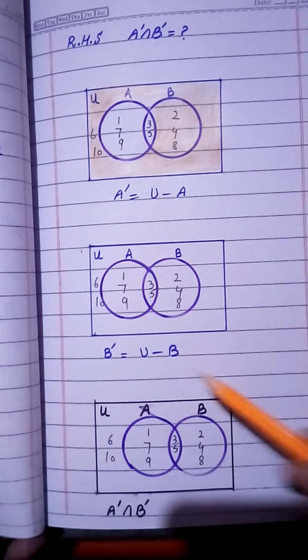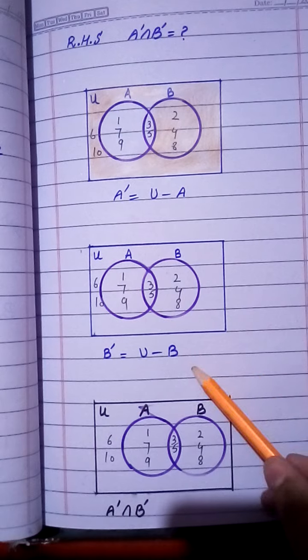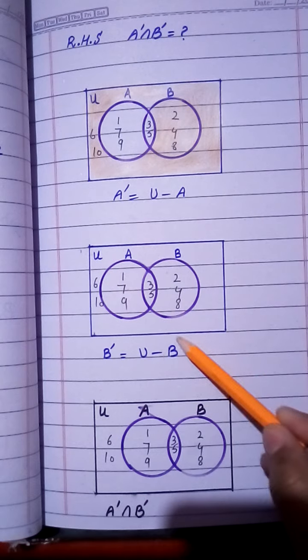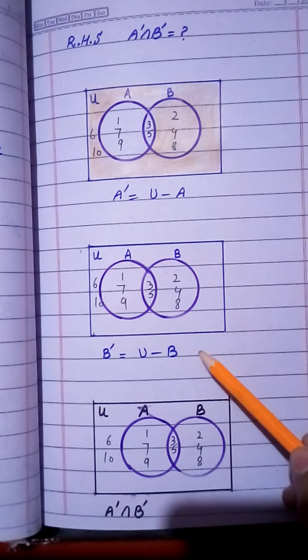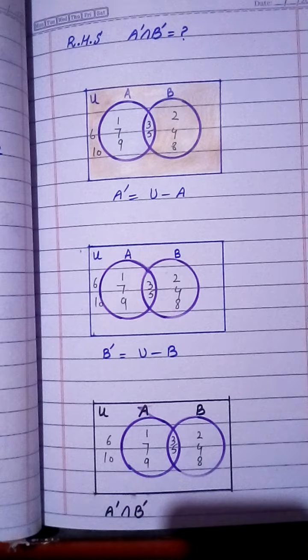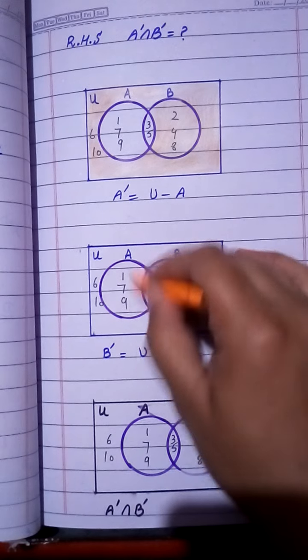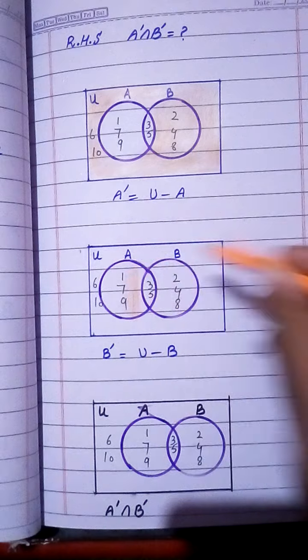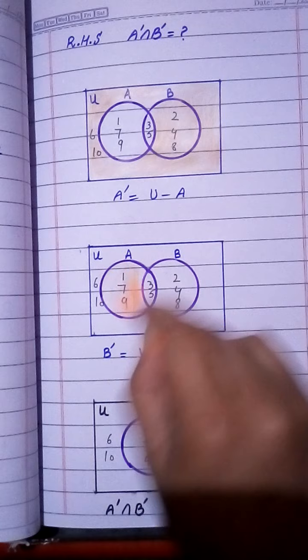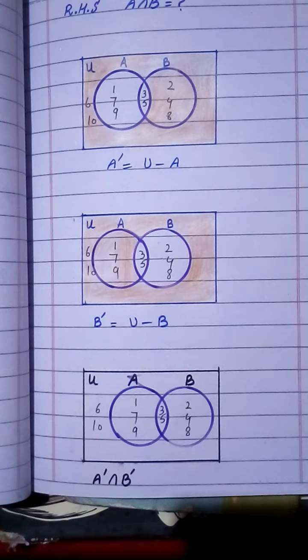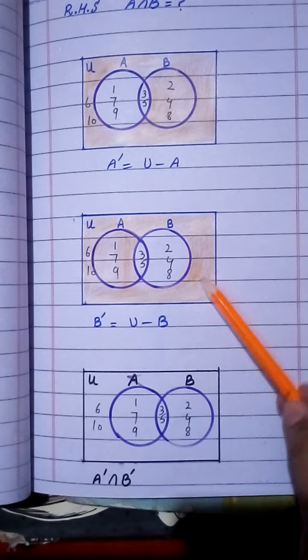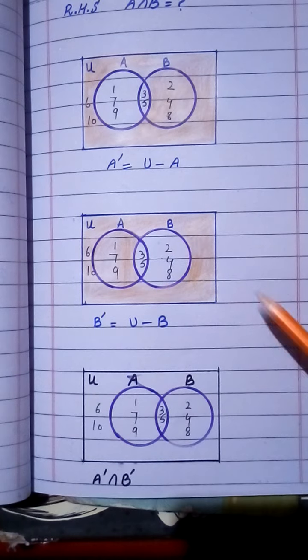Now next you have to find B complement. B complement equals U minus B. It means you have to subtract the elements of B from U. Now the elements of B are 2, 3, 4, 5, 8. This will be subtracted from the U set. Now check which elements are left. So it means A and the universal set will be left here. So you have to shade this portion: the A and U rectangle, not the common portion 3 and 5, not set B. Now you will shade just the A portion and the U portion. The common portion and the B portion will be left.